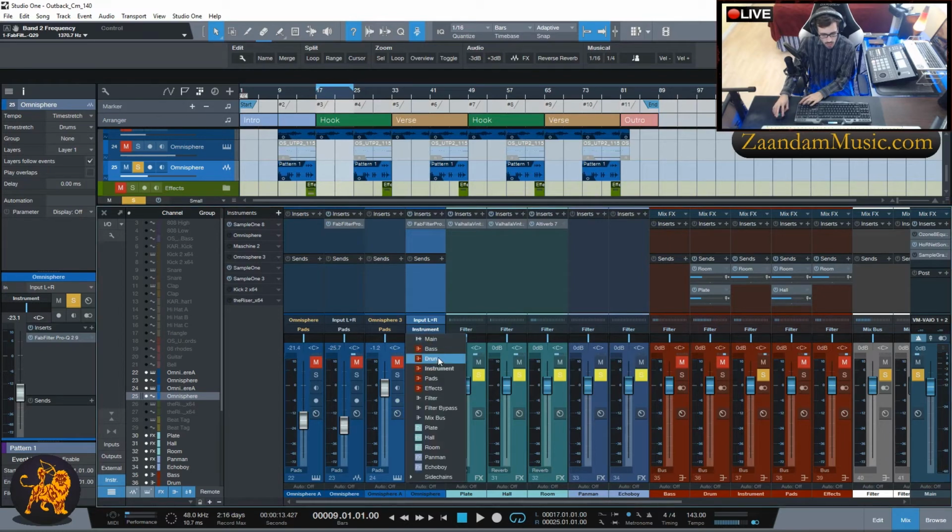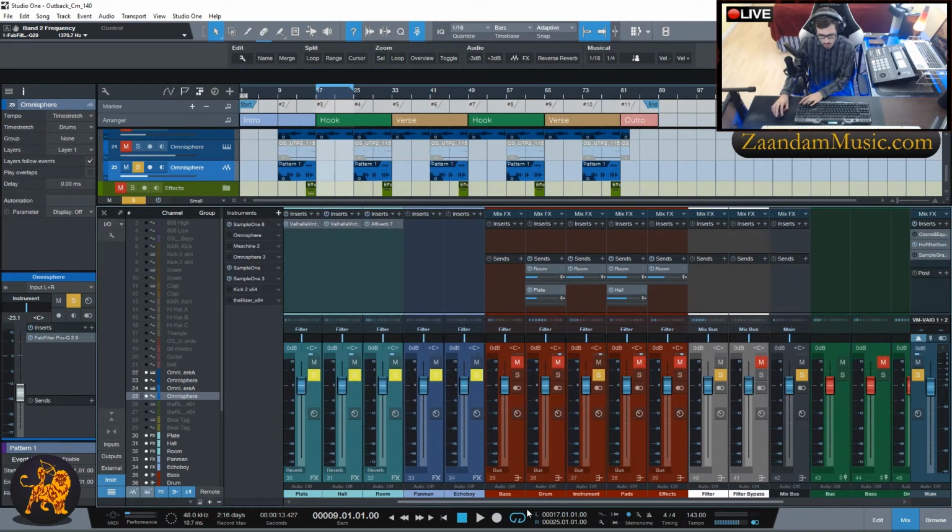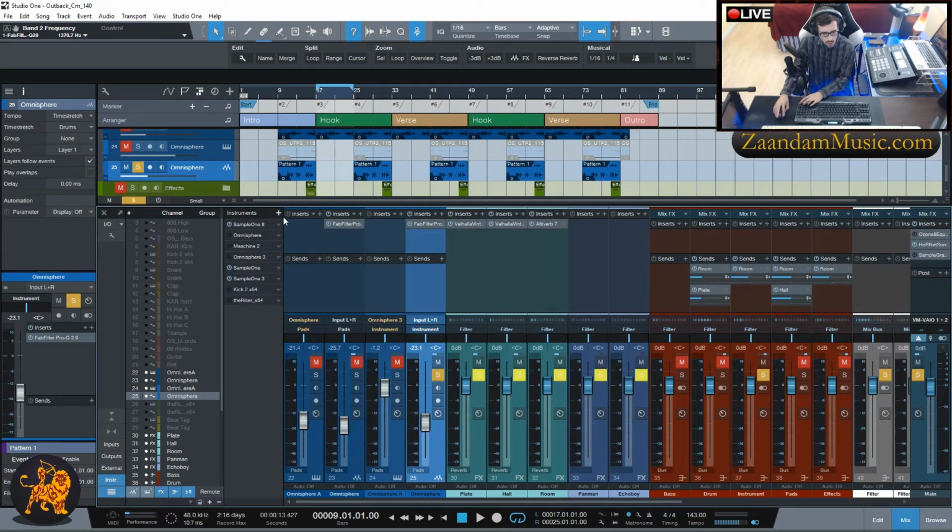So this should be on the pads. Oh, that's right. I changed it to instrument. Okay, that's right. I remember. Okay, that's everything then. So we got the EQing on all the instruments. So let's move on to the next step now,